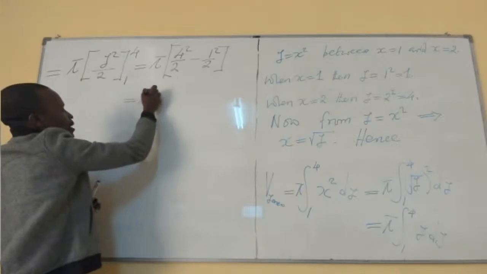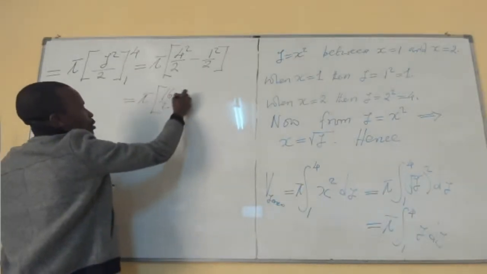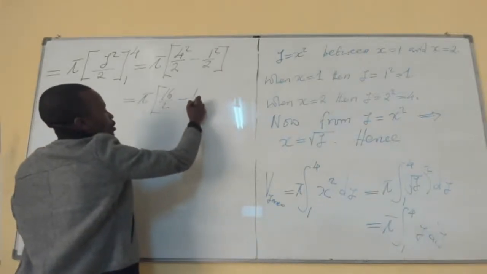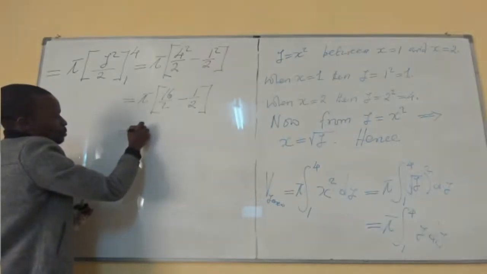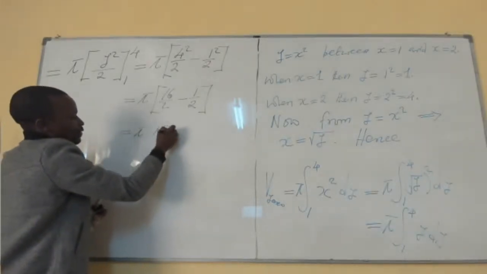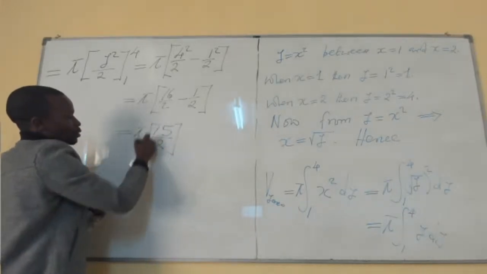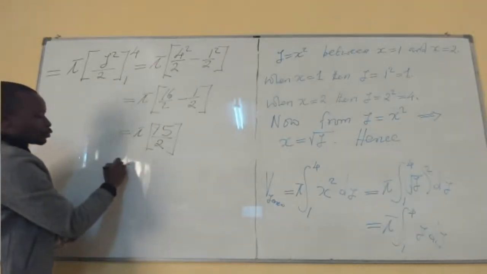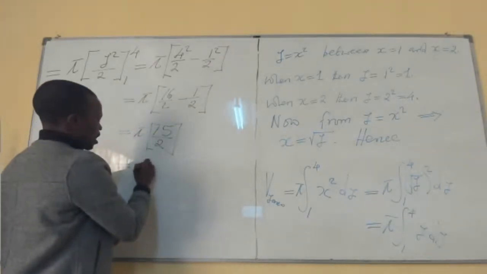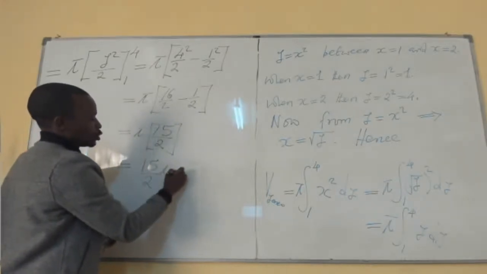This is equal to pi, 16 over 2 minus 1 over 2. So this is equal to pi times 15 over 2. Okay? Which we can write as 15 over 2 pi units